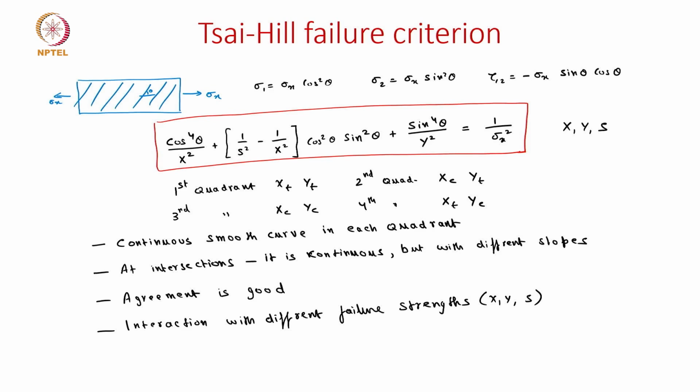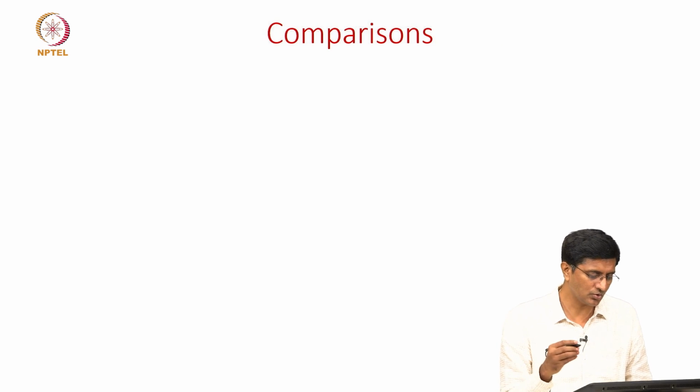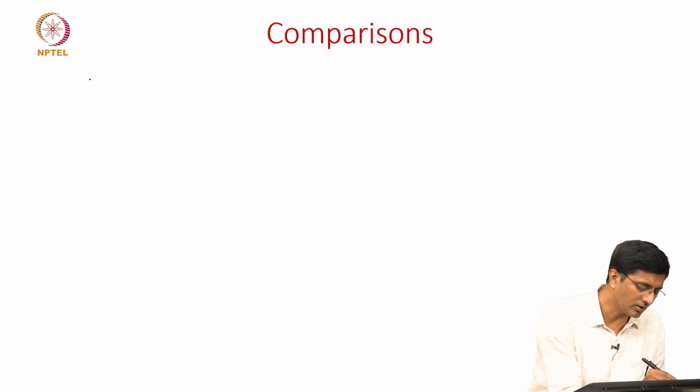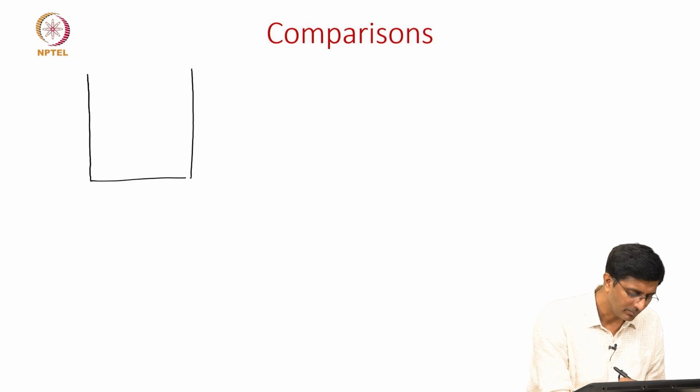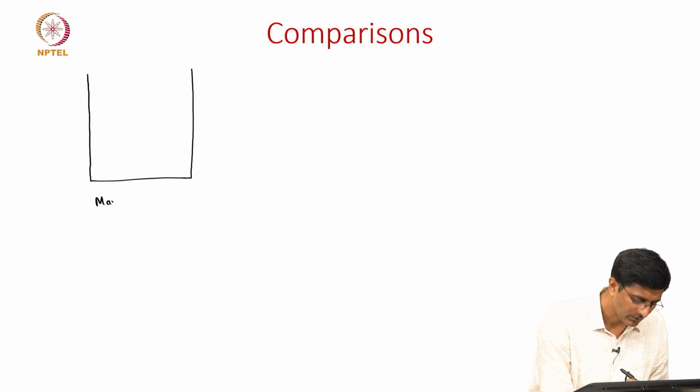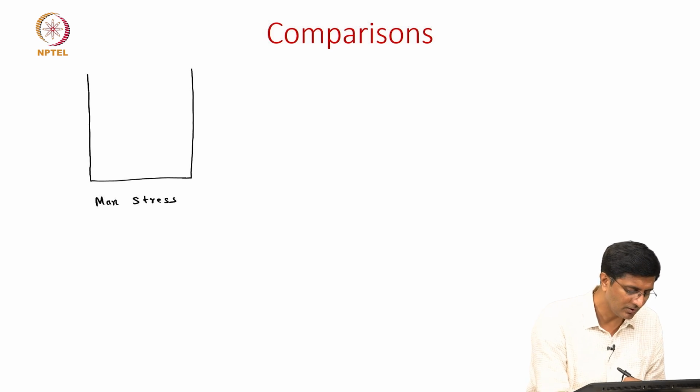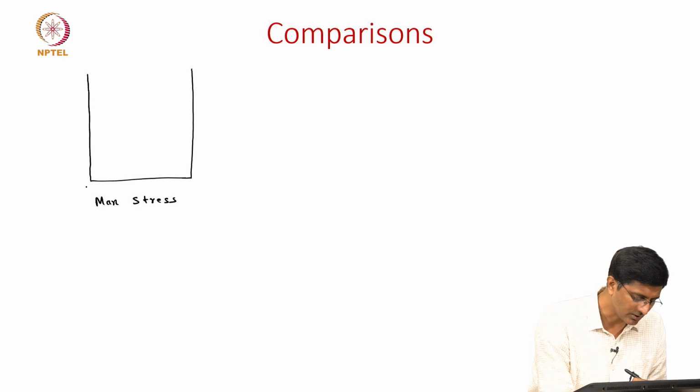Now, this is a time for us to compare how the Tsai-Hill compares with the maximum stress and the maximum strain failure criteria. So we'll do it in two ways. First, we'll look at the plot which we already showed for maximum stress. So when we discussed about maximum stress failure criterion, we said if we are plotting with respect to theta going from 0 to 90,